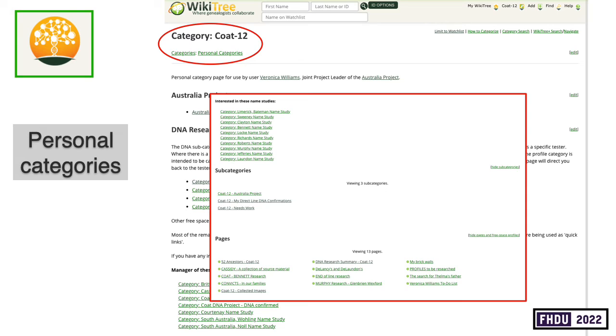And you can see here some of the subcategories that I have and some of the pages. So WikiTree has categories and pages, and sometimes that can be a little bit confusing. Pages are really like a blog area. So you might like to write the history of a family and then link it to one of your profiles. Categories are actually, as I explained earlier, lists of profiles that have a common theme or a similar